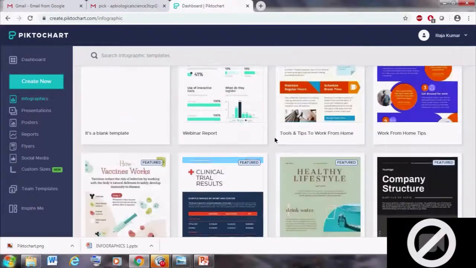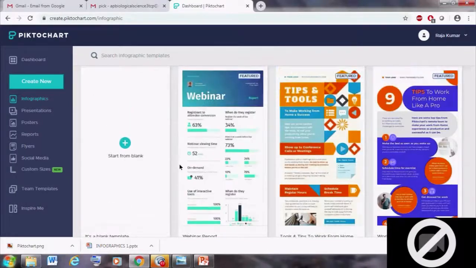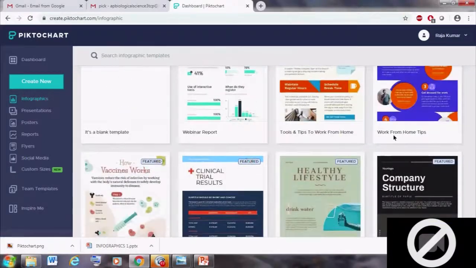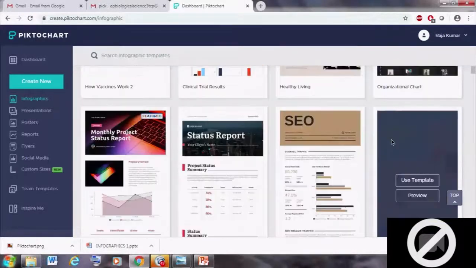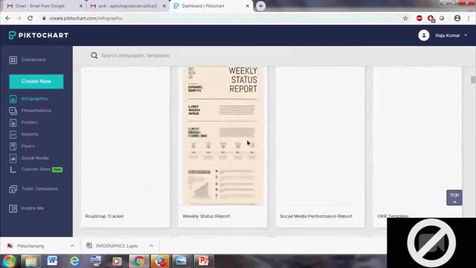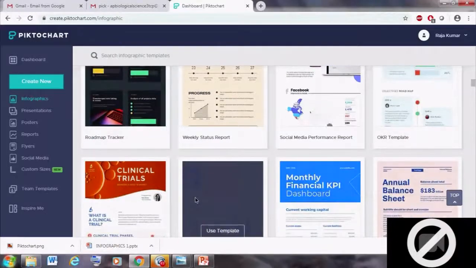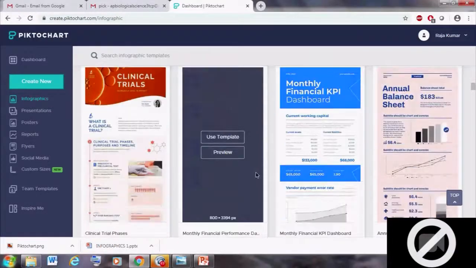So we can use a blank infographic page, or else we can choose these already available templates. So many templates are there. If you want to use these templates, you can choose these templates. Otherwise, you can prefer an empty template.